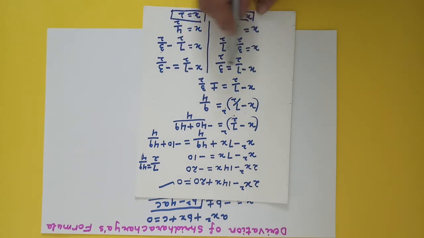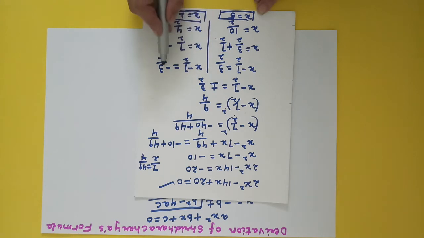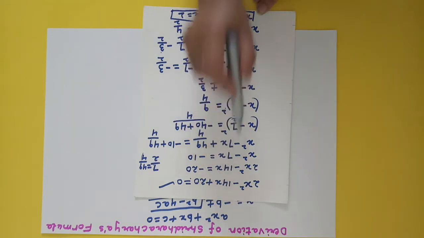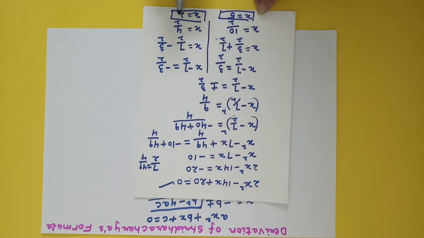If we bifurcate, x minus 7 by 2 equal to 3 by 2, so x equals 3 by 2 plus 7 by 2. We have shifted this 7 by 2 to this side. Taking 2 as LCM, 7 plus 3 is 10, and 10 divided by 2 is 5. Similarly, shifting this minus 7 by 2 to this side, it becomes 7 by 2 minus 3 by 2. Taking 2 as LCM, 7 minus 3 is 4, so we got the value of x as 2. So we have got two values of x, two roots of this equation, 5 and 2. And this time we have used the complete square method.